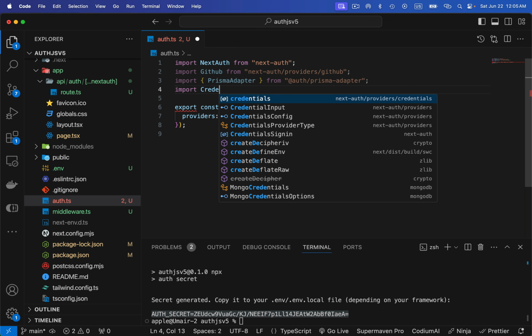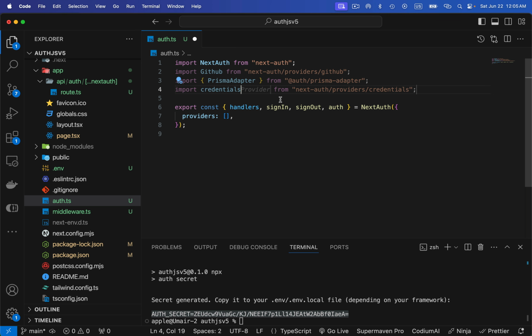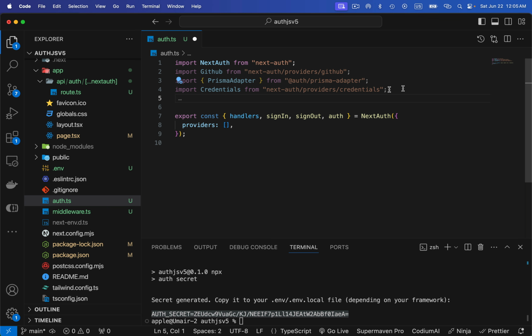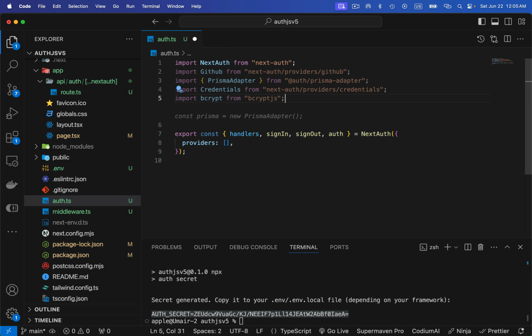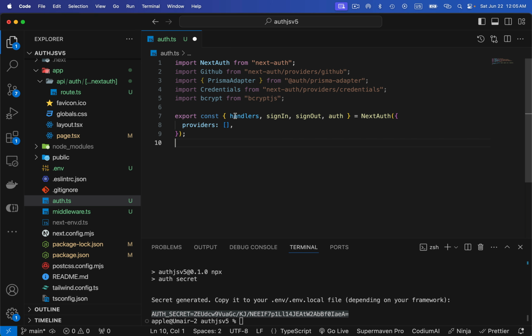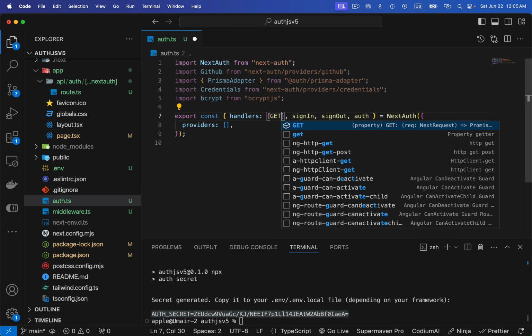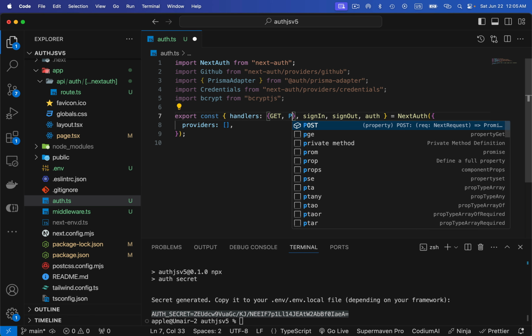Credentials are going to be from next-auth providers credentials. So this is going to be with the capital C. Don't make any mistakes. And finally, we will be needing bcrypt from bcrypt.js. Okay, and here inside this handler, we can have this as an object, and let's add get and then the